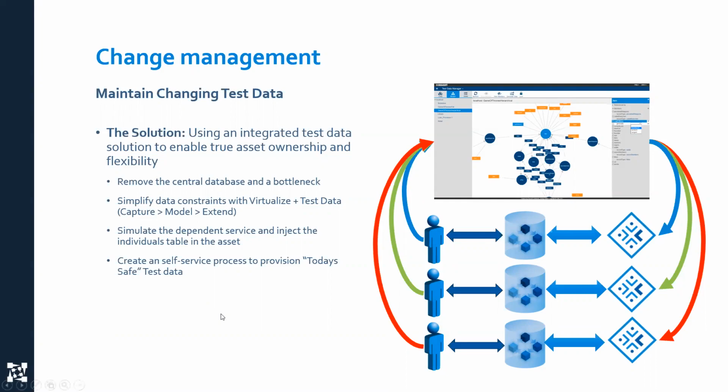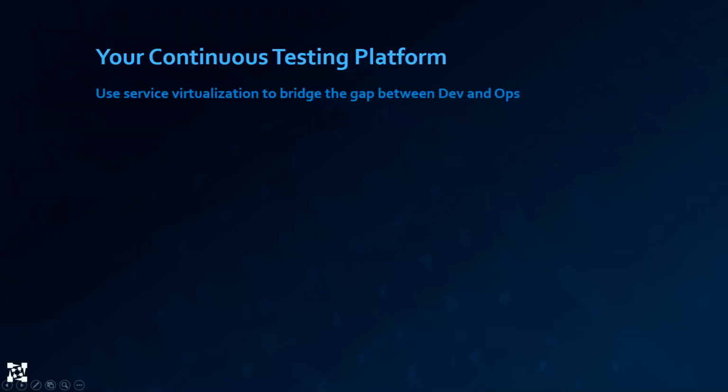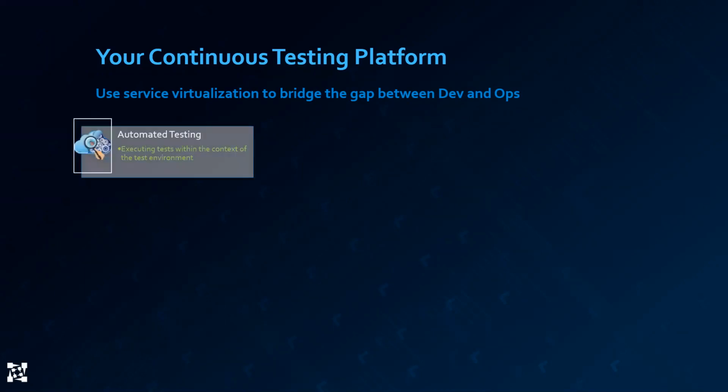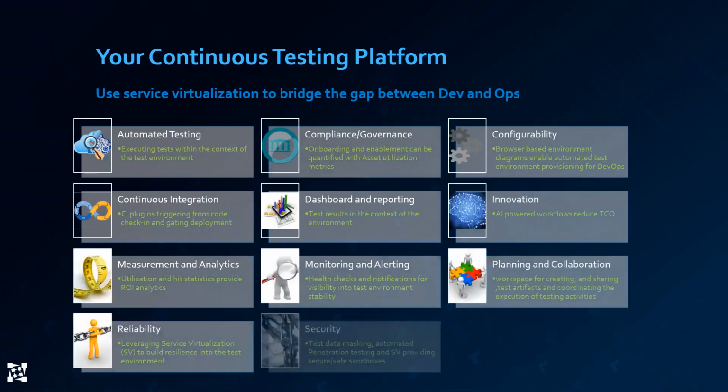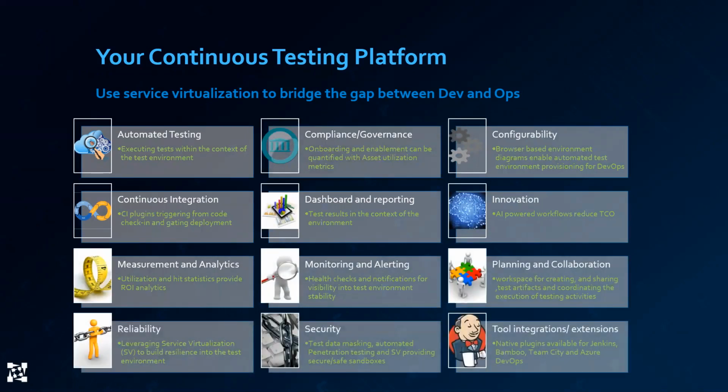And so one piece that's really important in all of this is that service virtualization can be a critical enabler in your DevOps process. And I mentioned a continuous testing platform. I know that that's somewhat of an overloaded term, but I think that it breaks down to this. Service virtualization is more than just simulating a service. You can do that, and it will provide you some value in being able to have stability in your test environments. But the right service virtualization solution can do so much more.